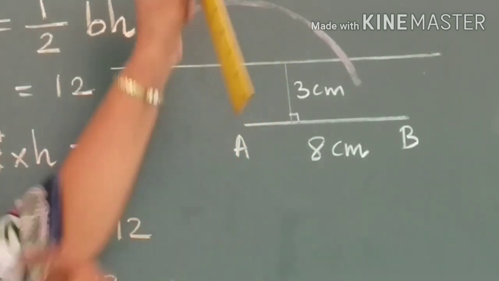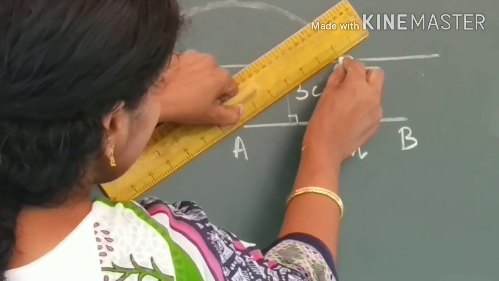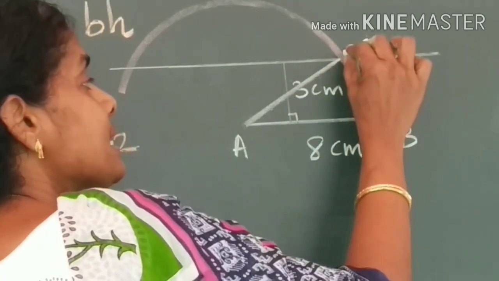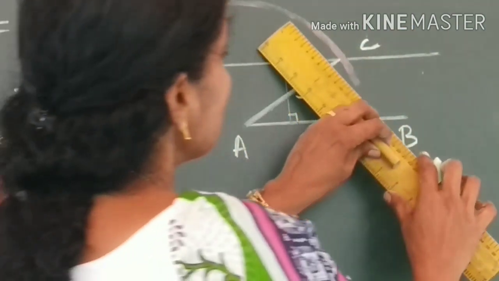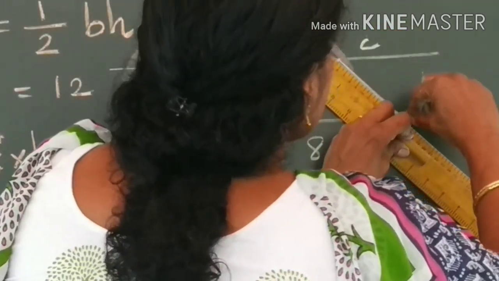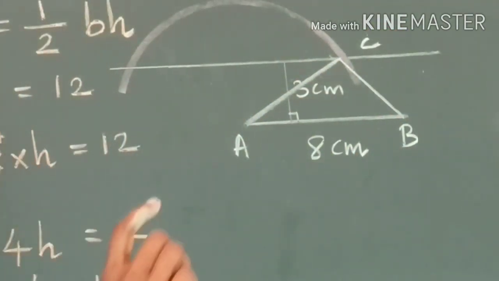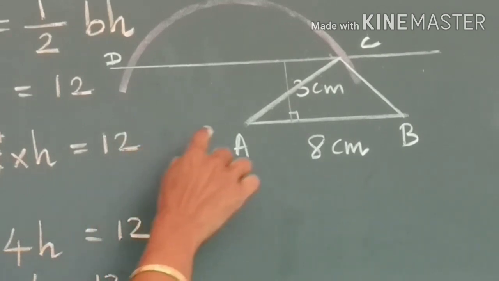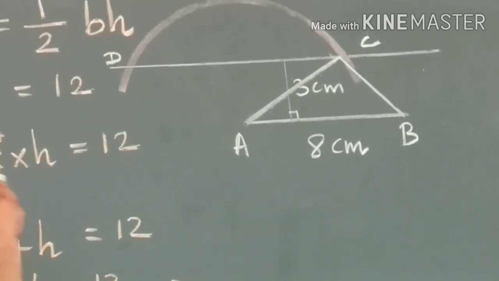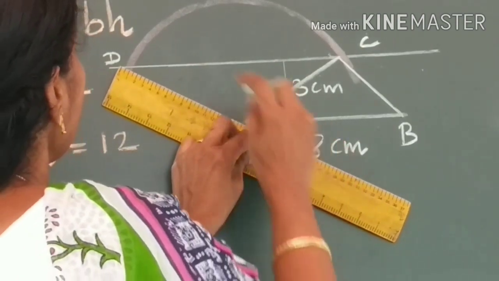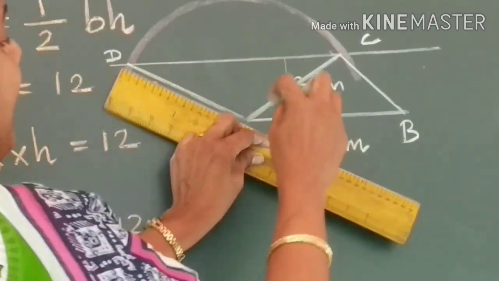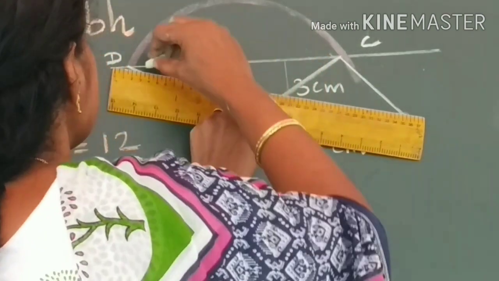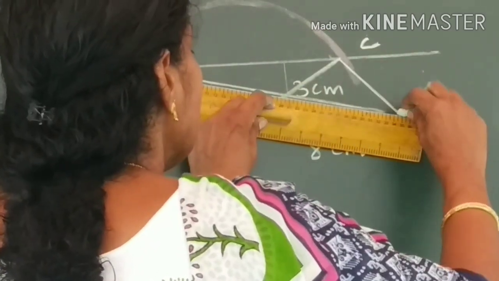See how I am going to draw. First of all, join A to this point. Name it as C. This measure is going to be 6 centimeter. Join it to B. So you got one triangle. Now from A you join this point D, because AD is also 6 centimeter. Now let me join A to D and let us join B to D, because BD is our base. So I am joining it.